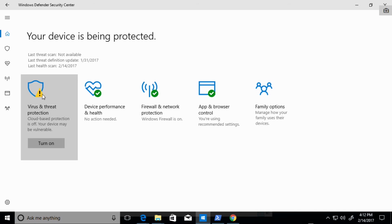So, as Shaker had pointed out, one of the reasons why this badge is showing a warning is because the cloud-based protection is currently turned off. What I'd like to show you today is what will happen if you don't have cloud-based protection turned on and you encounter ransomware, and then how to mitigate this by turning on cloud protection, and you'll see how fast the detections occur. The cool part about this is that it's at the operating system level, so you don't have to use Microsoft Edge to get the benefits of cloud-based protection. I'm going to demo this in Chrome to just show you